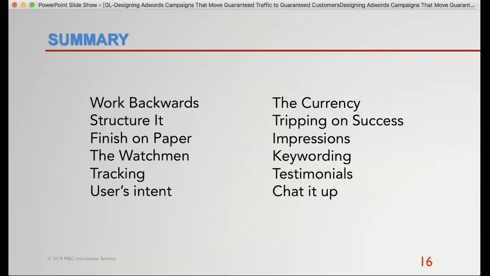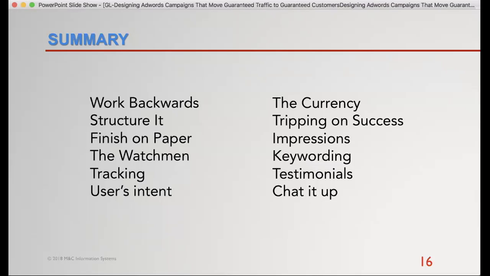Finish everything you're doing on paper before you commit dollars to it. Make sure you have your tracking installed, which is those two points, the watchmen and tracking. Match your ad groups; they should mirror user intent. That is the easiest way to get the most from them.